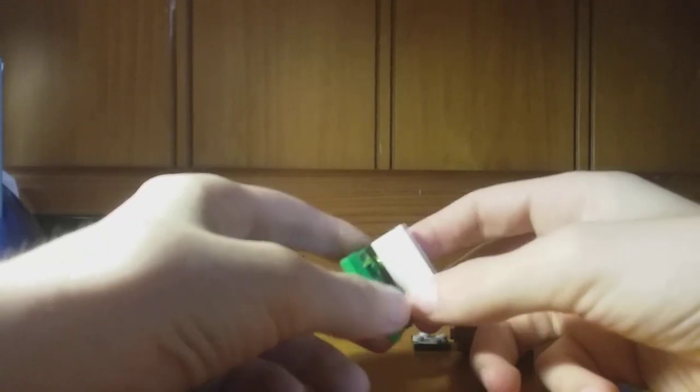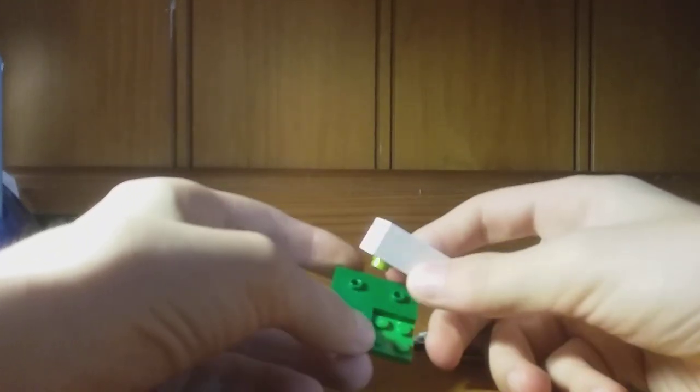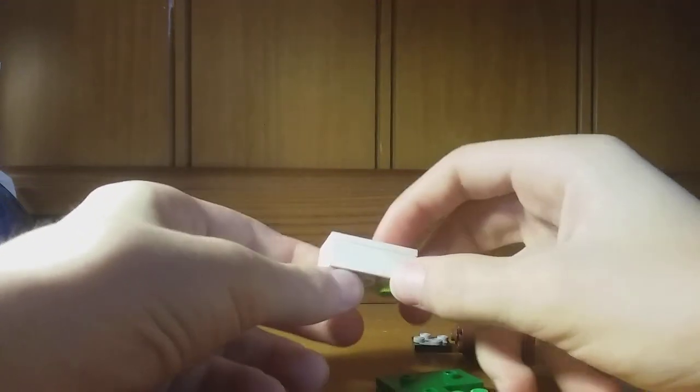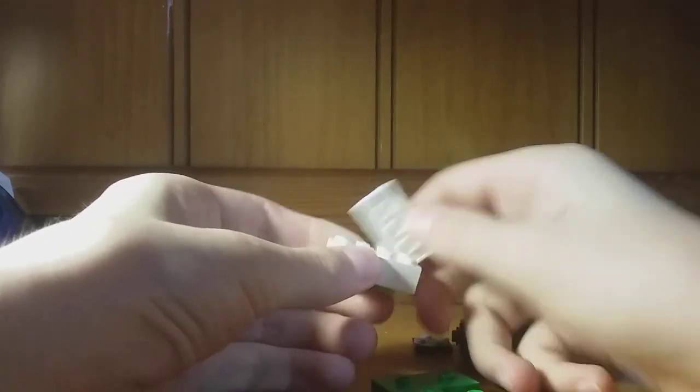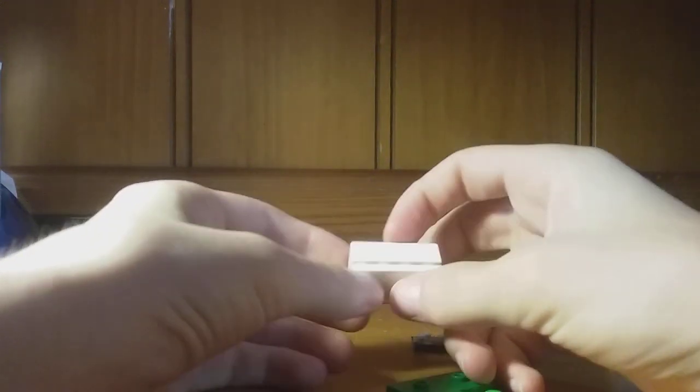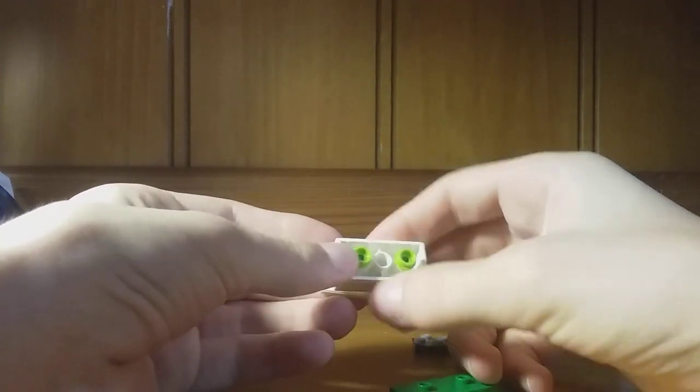So that is it for my Lego Siren concoction. Oh, and by the way, I couldn't find the Siren head, so I found the actual blower. This is the C series Thunderbolt blower. And if I do find the C series head, I will